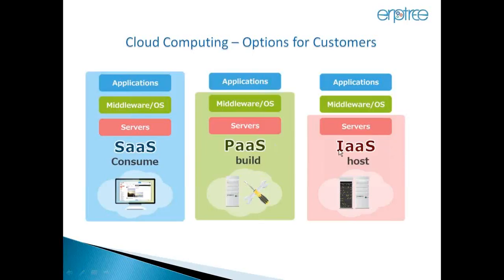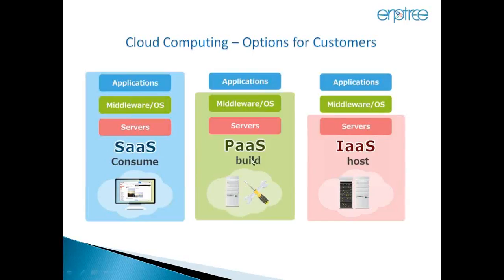Here, IaaS, infrastructure as a service, is a hosting service. You might know AWS, Amazon Web Services. You can buy some space there. Depending on the subscription, they may let you install your own operating system, or else they'll take care of the operating system. You can install your own products. Oracle also offers the same sort of services. You may take the subscription only for the server, and within that you can install your operating system and any third-party or Oracle applications. That's how you can use it.